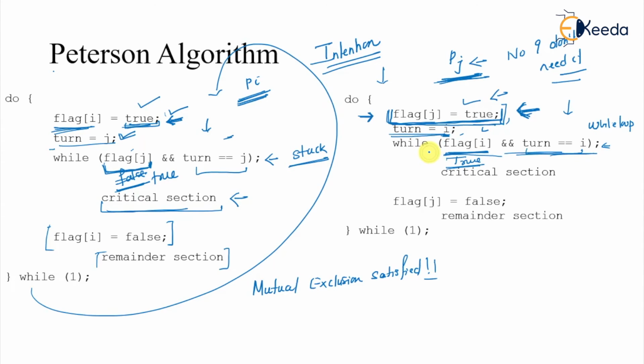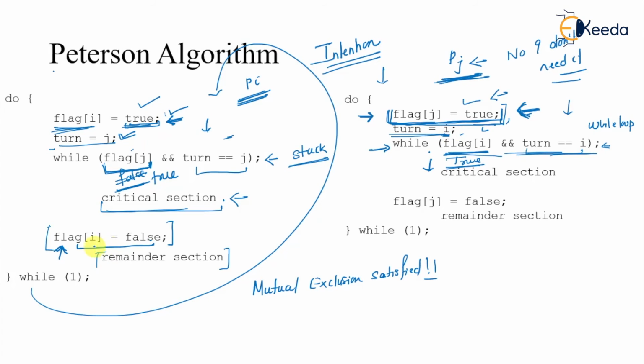Now what will happen here? The other will enter into the critical section, but this one has already made the intention that it wants to go. The moment that statement occurs, it will not wait infinitely. That is the only point of bounded waiting. The moment the other flag is set to false, this will break, and this will definitely happen once it exits from the critical section. The moment it sets the flag to false, this one will enter into the critical section. So if there is an intention and the other process does not want to go, one process will definitely go into the critical section. If both show the intention simultaneously, and one is successfully able to enter, then the other will definitely go into the critical section.